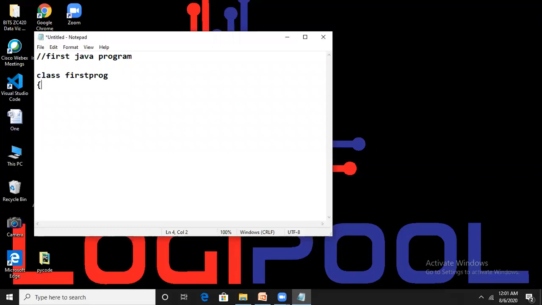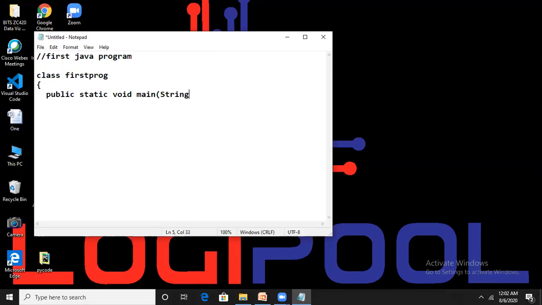Then open curly brace, and your entry point of the program is the main method. The main method syntax in Java is public static void main. Java is a case sensitive language.